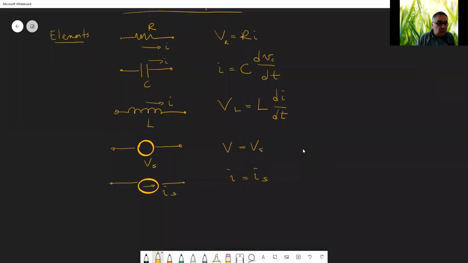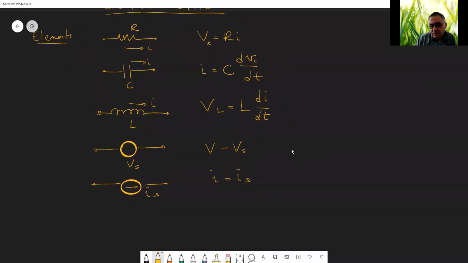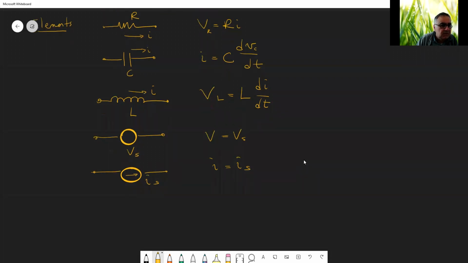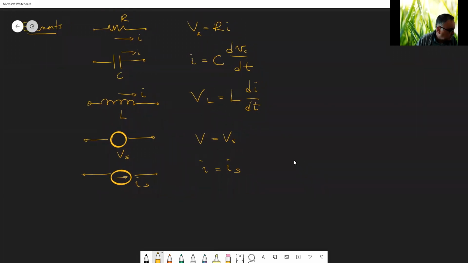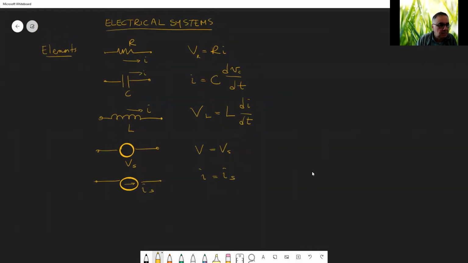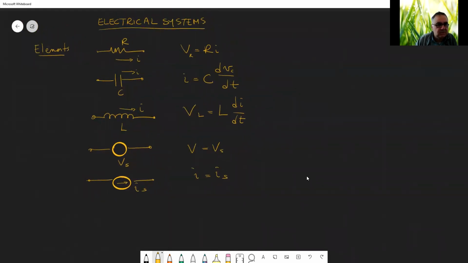There are others, of course. There are things like diodes, transistors, and so on, but they are a matter of electronics, not of electricity per se. In linear electricity, these are the elements we deal with. And in order to deal with these things, we have certain laws,